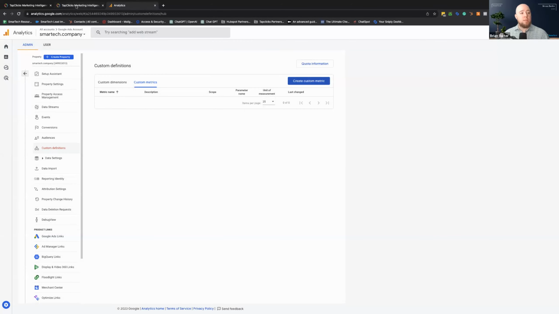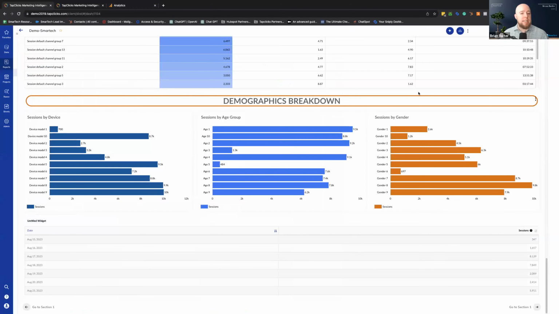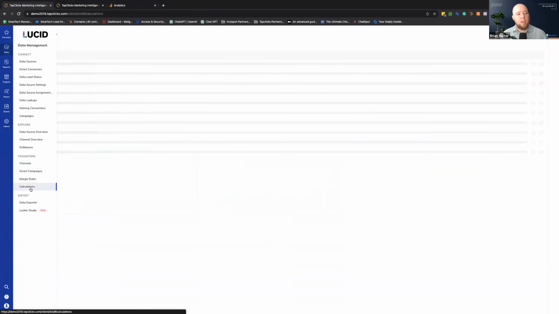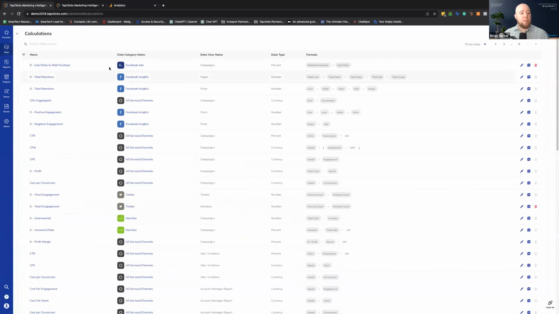Now, the thing you can maximize with TapClicks is inside the system. When you bring those custom metrics and custom dimensions in, that's where you can bring those data points inside of TapClicks and then use the calculations feature. Let me see if I can figure it out here. Calculations. And inside the calculations feature, you can bring those data metrics in, those data points,